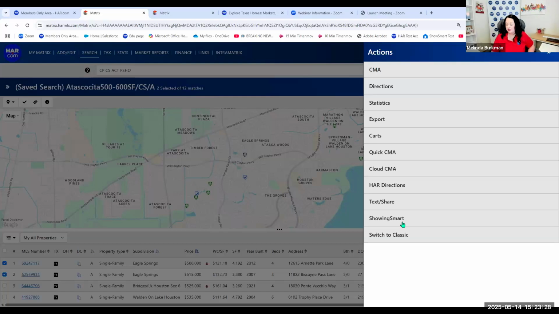And then last on this screen, which does not exist in the quick search, is switch back to Classic. It's going back to Quick. But if the map search beta was not working for you, or there was a tool that you were having trouble finding, if you choose to, you can switch back to Classic and you keep all of your search criteria that you entered. It just pivots right to that Classic quick search, and you don't lose any of the work you've already made. Okay.